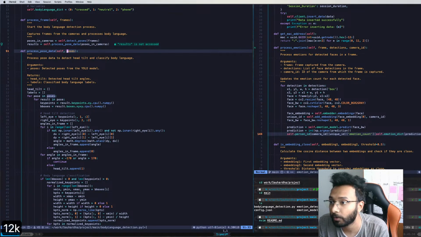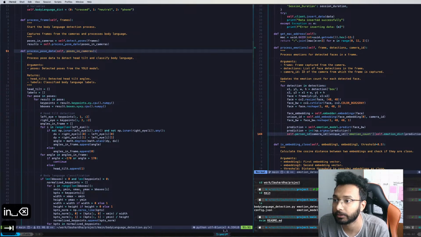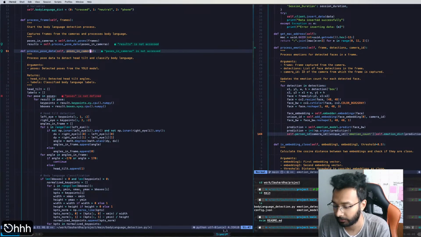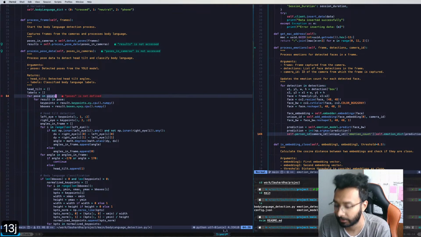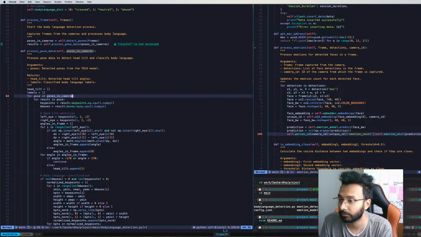Okay, so if you go here and the end A in cameras, and then you yank the word and you do 13J, you go back, you select, you paste it in here, poses in cameras, and you go to the beginning of the word